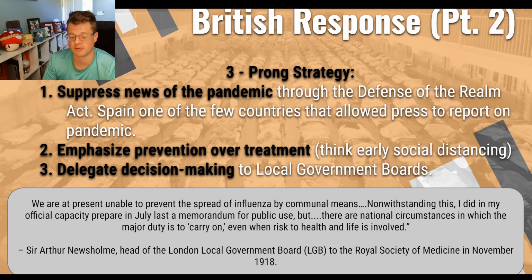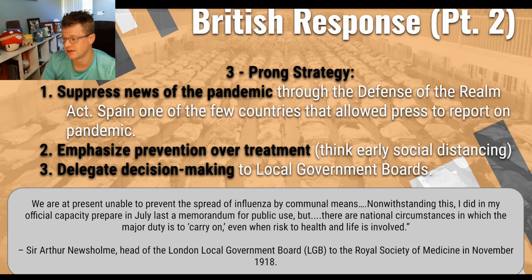Well, when World War I breaks out, Britain passes a law, as does the United States. It has something called the Espionage Act that they can use. But the British have a law called the Defense of the Realm Act. It passes in 1914, and basically it gives the British government total control over every form of media that is possible. So anything that travels over wires is tightly regulated by the government. Newspapers can only print certain war stories with the permission of the British government. It's just not possible that news of the pandemic can really spread